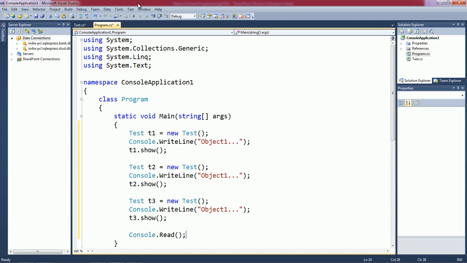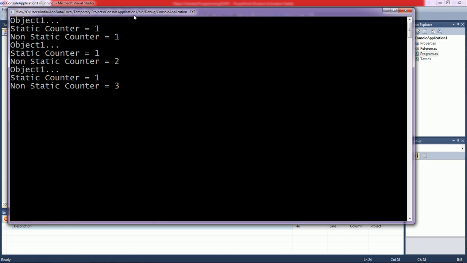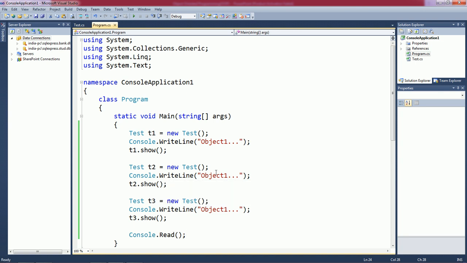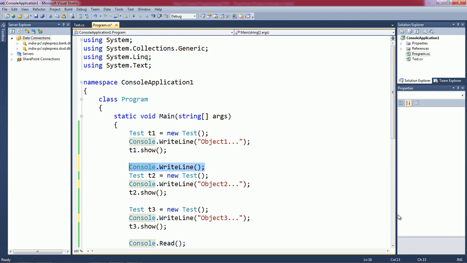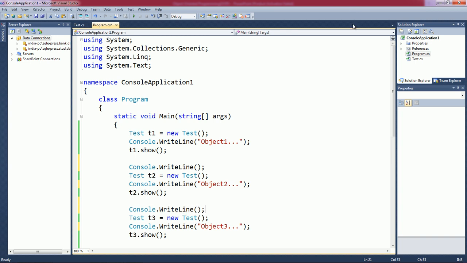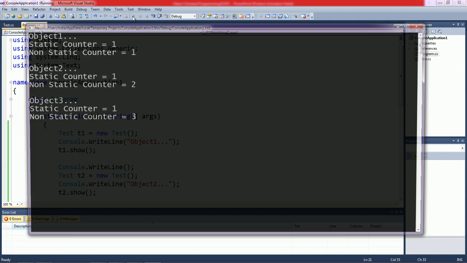Let us see the program output. Here we did not change the name of the object. Now take one more empty WriteLine, one more WriteLine method, only for keeping a single blank line between the details of objects.